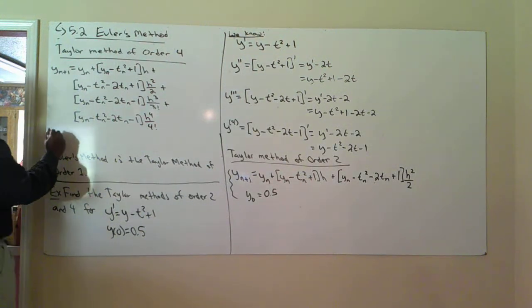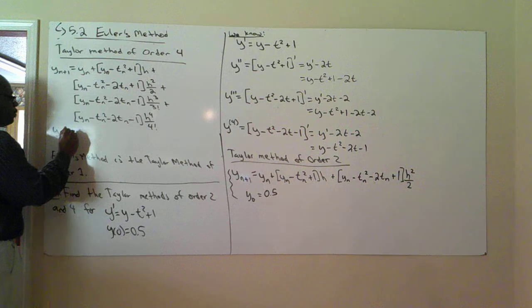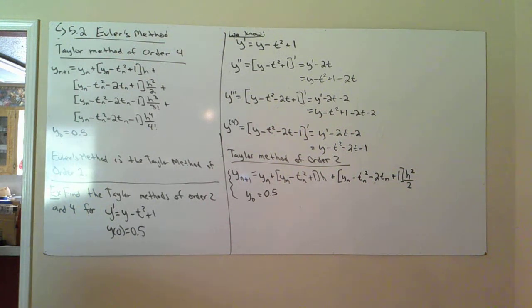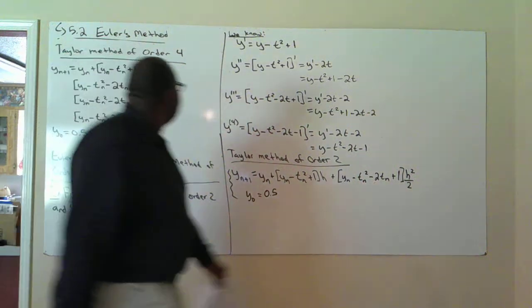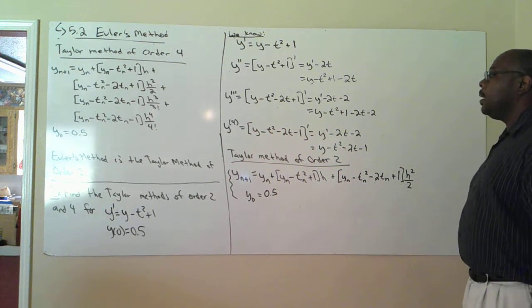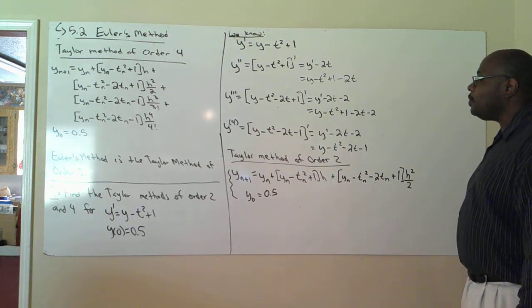There we go. And then our last one is going to be y sub 0 is equal to 0.5. Oh my goodness. And this is our Taylor method of order 4, right? On a test, I don't think I'm going to give you guys a